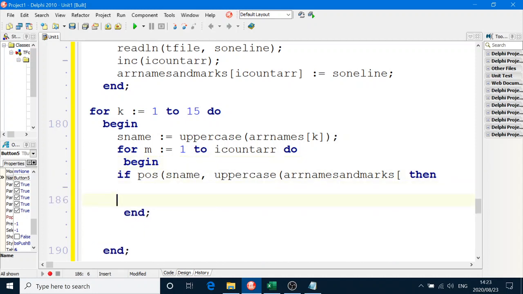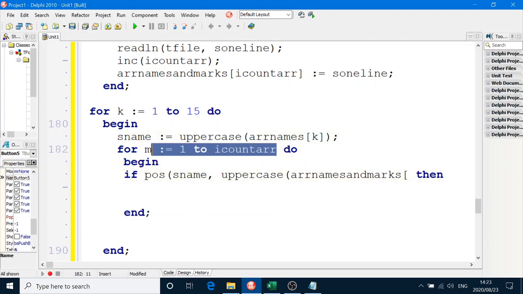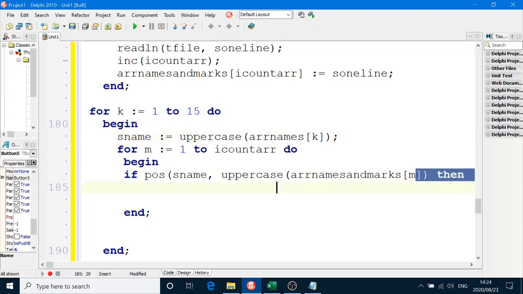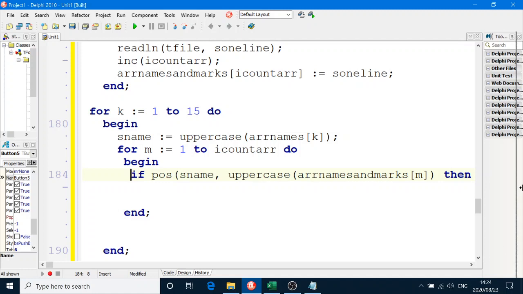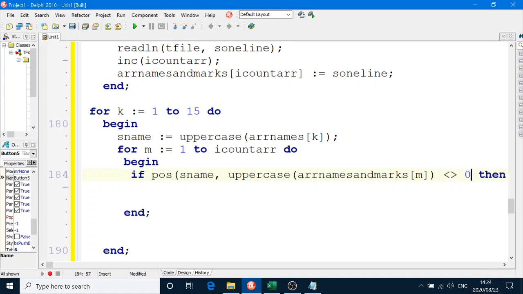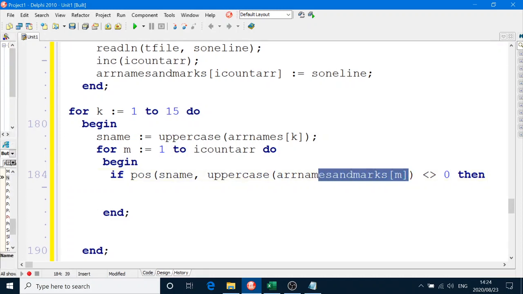Well, because we're taking the first name and then we're going to go through the other array called ARR names and marks. We want to go through each one of ARR names and marks and find if that sname exists in the other array. So can you see I'm using basically a nested for loop here. So if the position of sname is not equal to naught, in other words it does actually exist, you pos of sname into this array called ARR names and marks, square brackets m,